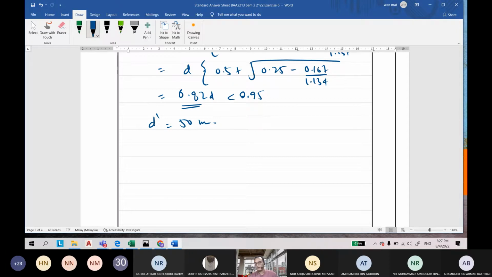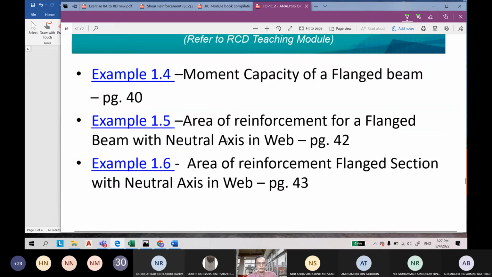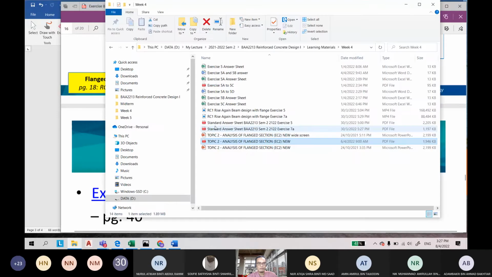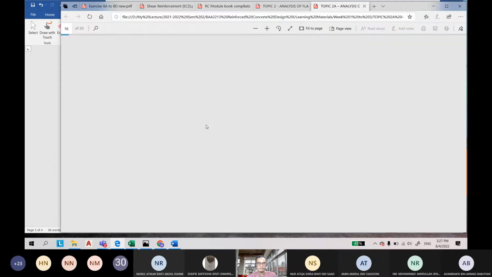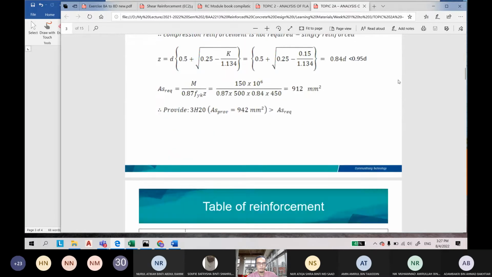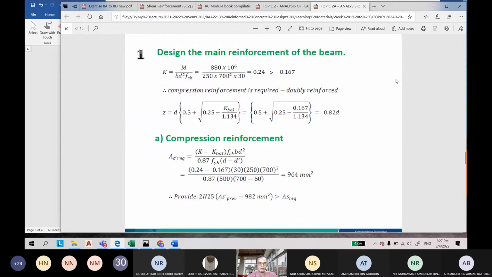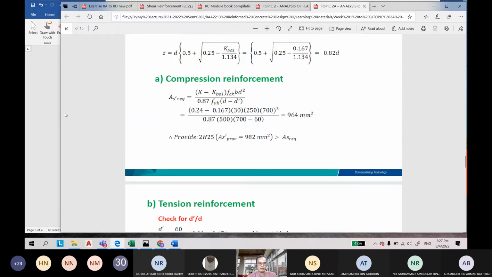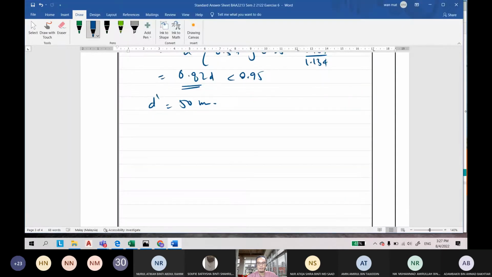So the equation shall be... sorry, I have to refer to week number 3, the solution. This one, you refer to example number 3, exercise number 3. The AS required here, this one. AS required is equal to